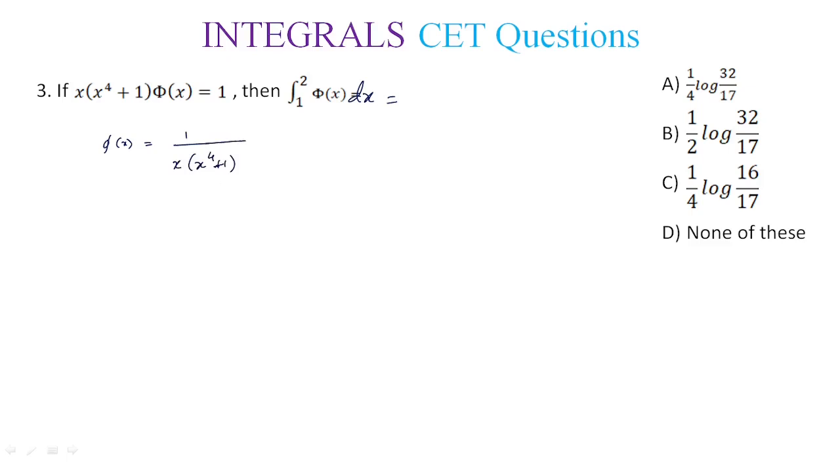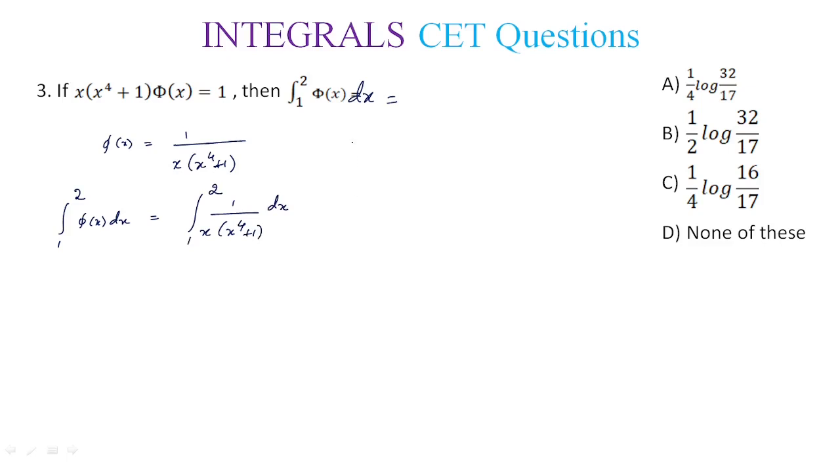Now we need to integrate this. Let us take integration on both sides from 1 to 2. Integrating from 1 to 2, pi of x into dx is equal to the right hand side integration of 1 upon x into x raised to 4 plus 1 into dx from 1 to 2. Here, for this I will tell you one